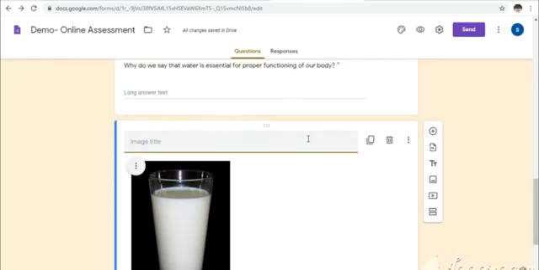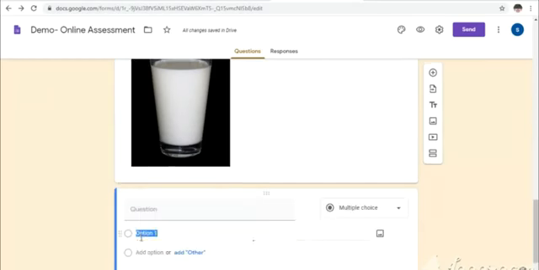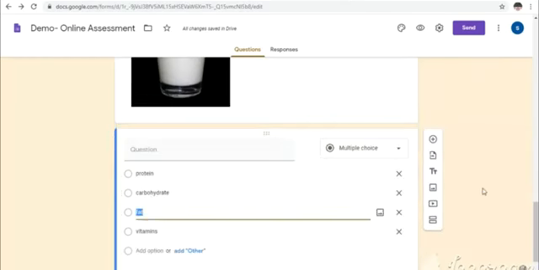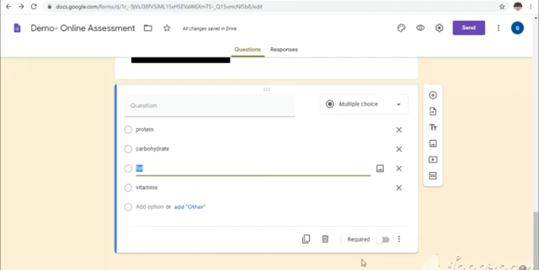Okay, so: identify the nutrient present in the food. So I can give any picture based question also. Then I take the options they will choose. Okay, so this is how I have to give my question.